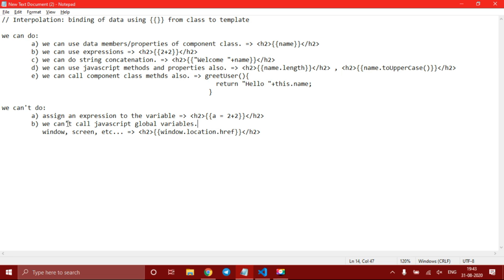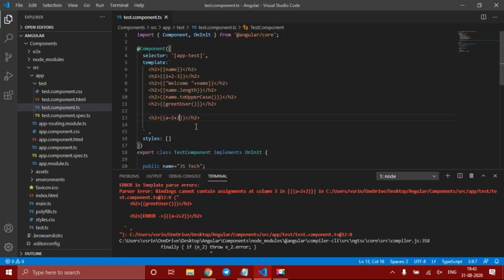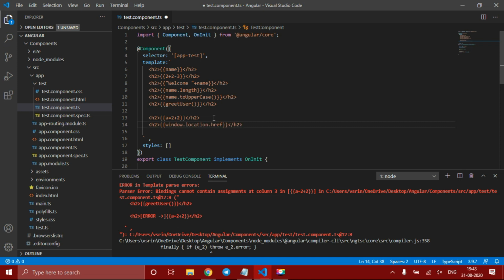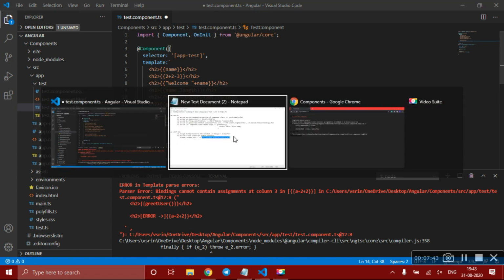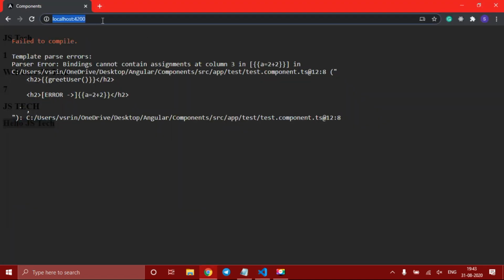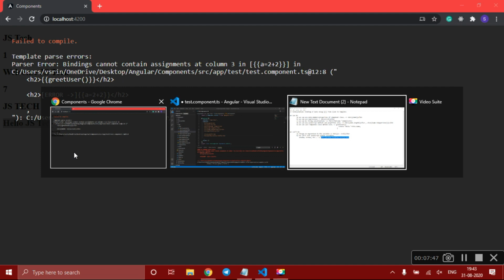And the second thing is we can't call JavaScript global variables like window, screen, etc. Suppose take this tag. Here I am using window.location.href, meaning I want to get this URL using that.